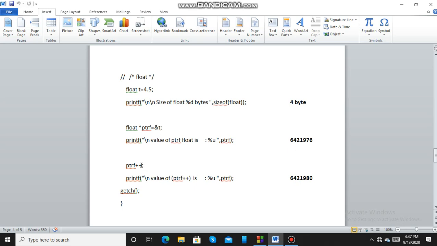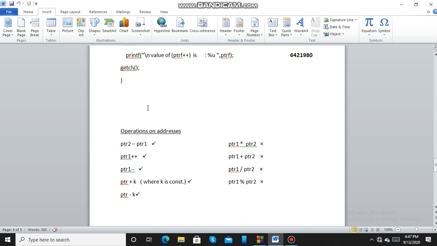I am using the increment operator and printing the value. The value is 6421980. So from 76 it has gone to 80. It has increased by 4. That is because the size of the float is 4 bytes.